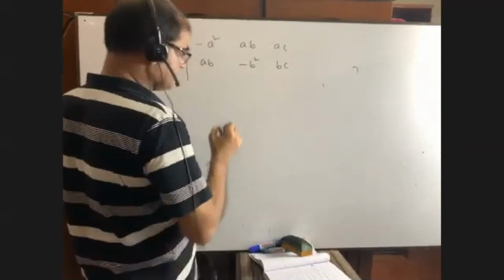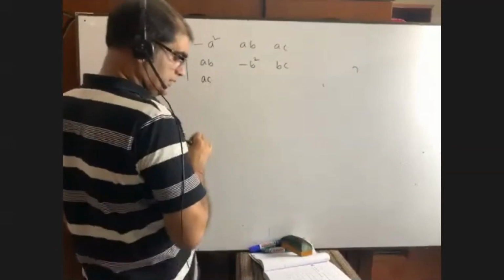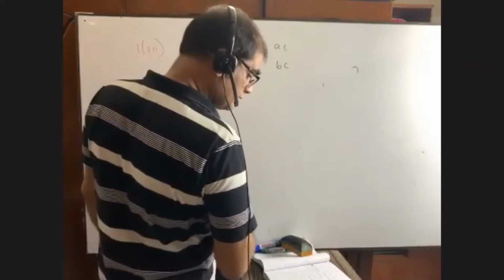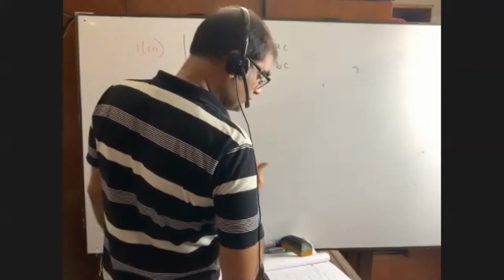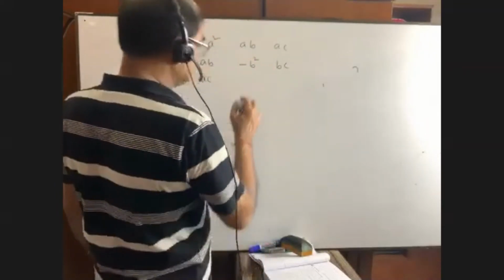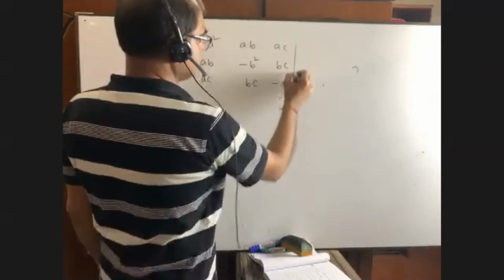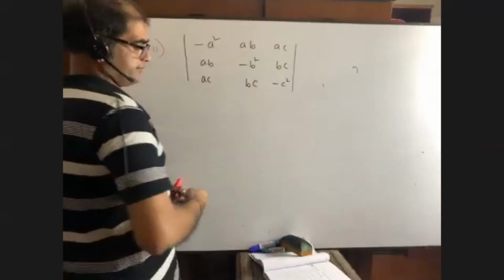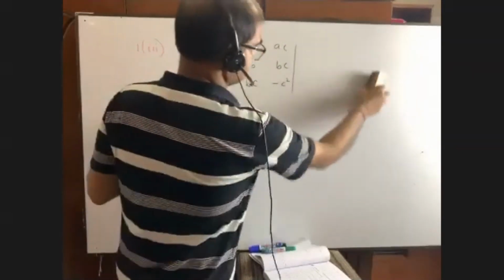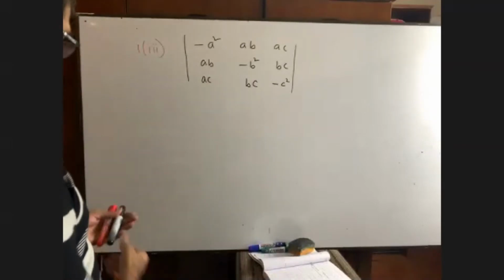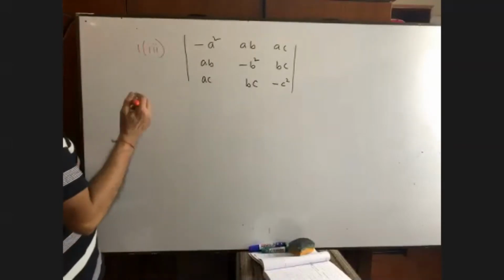Then we are getting AC, then we are getting AB, sorry, where I am lost. AC, BC, minus C square, okay. This is the math. Dear students, you see please,